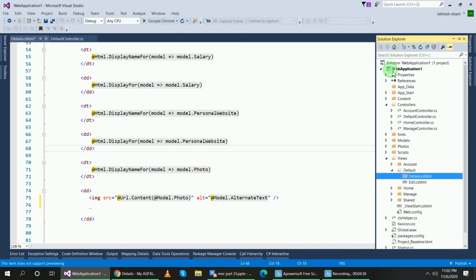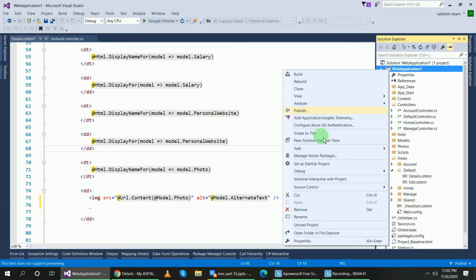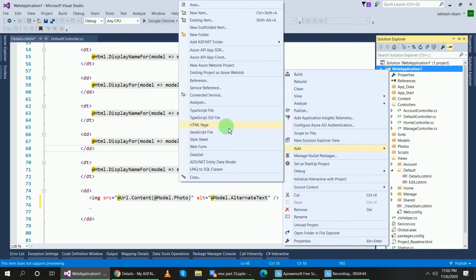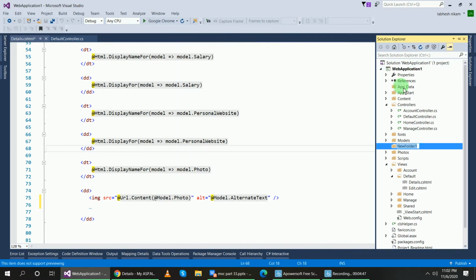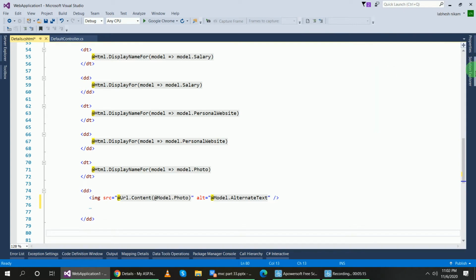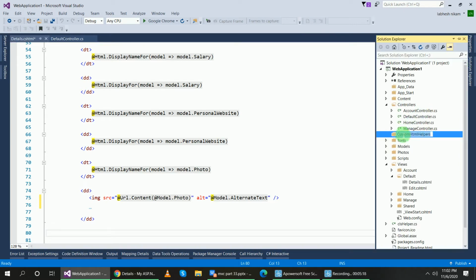So in this web application, I will create one folder and give it a name, suppose Custom HTML Helpers. This is my folder, and now inside of this folder I will create a static class.